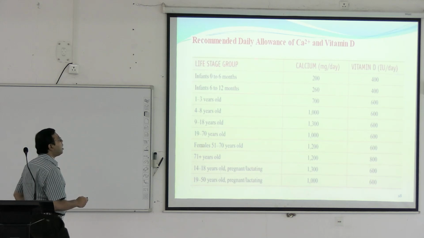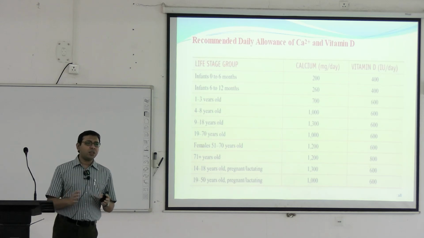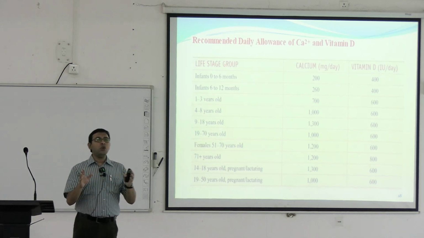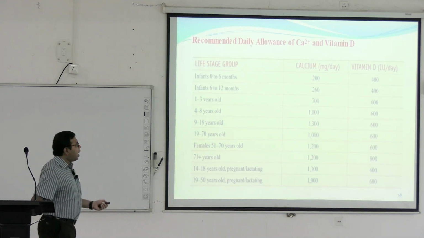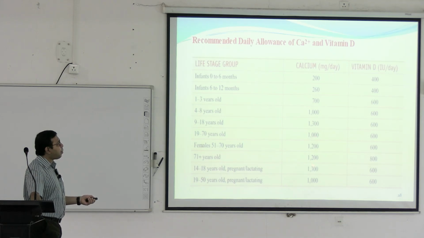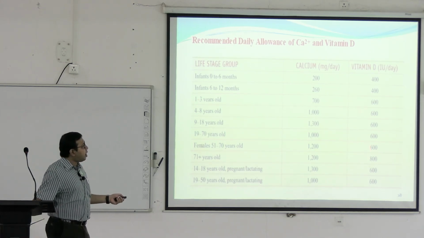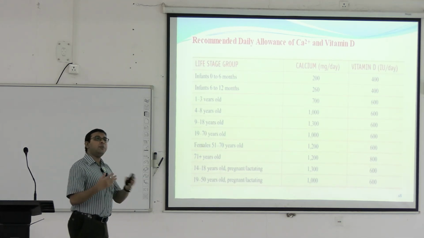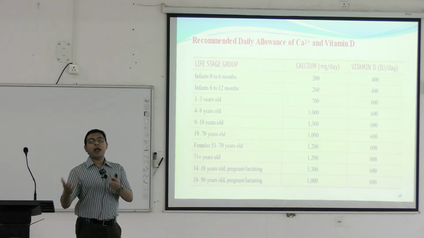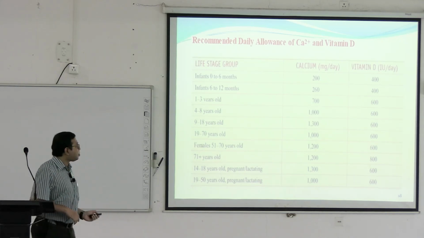So this is the recommended daily allowance of calcium and vitamin D. Already we have discussed, mainly this varies between countries. More or less uniform, this is the uniform that is advocated by the WHO. Approximately, calcium is needed 1000 to 1300 milligram per day in different categories, and vitamin D is needed approximately 400 to 800 international units per day in different categories. And remember, when there is adolescence or pregnancy or lactation or in the elderly, there is more requirement of calcium and vitamin D.